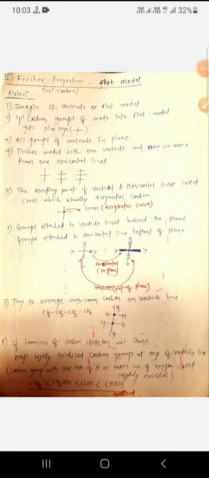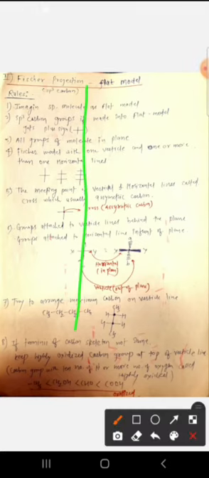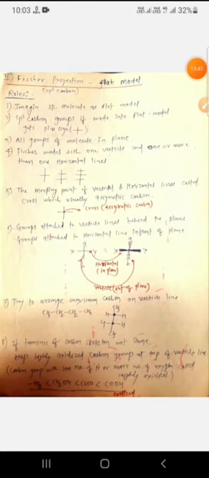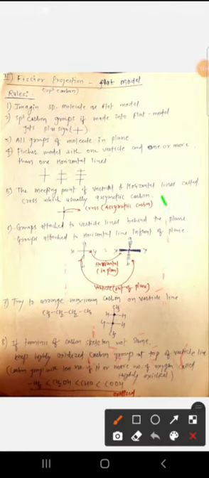So one vertical line, and how many carbon are there? That can be represented by horizontal lines. This is the horizontal line for representing the number of carbon in the chain. The fifth rule: the meeting point of a vertical and a horizontal line is called a crossing, and which is usually an asymmetric carbon.